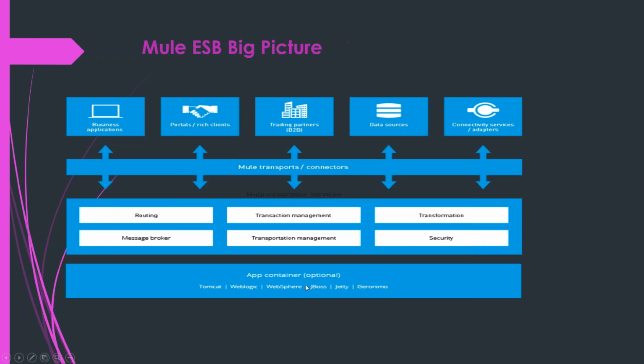Next is this one, sorry. So app container. By default, Mule comes with two app containers. One is called standalone and one is called MMC. So standalone is nothing but a freeware kind of stuff where